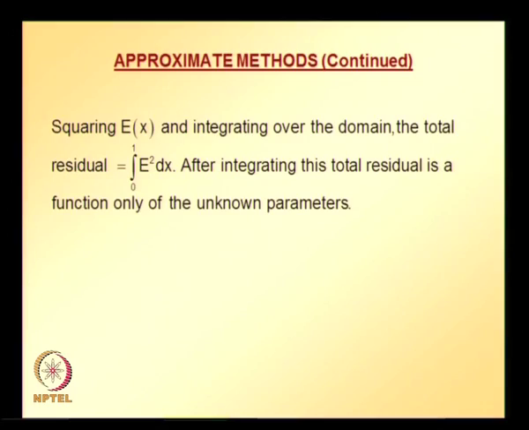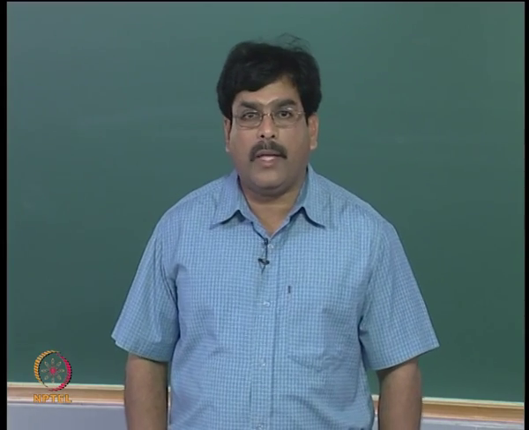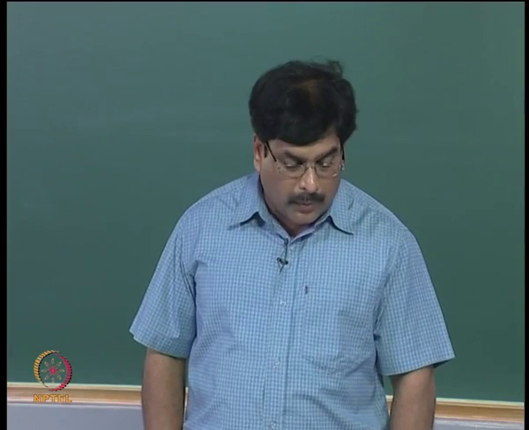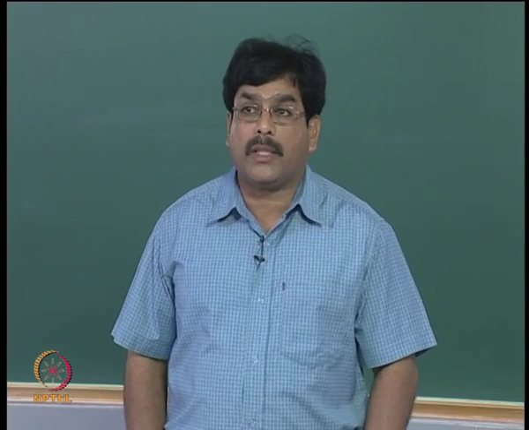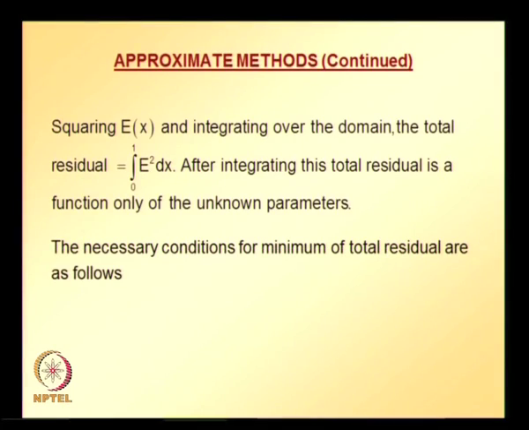After integrating, this total residual is going to be a function of only a 2, because the residual is a function of a 2, so it is a function of only one unknown parameter a 2, and the necessary condition for the total residual to be minimum is,